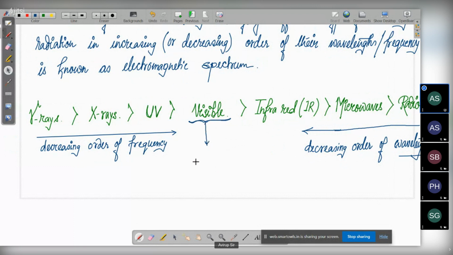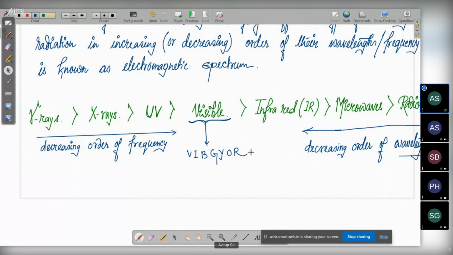And what is the visible spectrum? Violet, indigo, blue, green, yellow, orange, red. So it is VIBGYOR. The visible portion is the only portion of light which is visible to the human eye. The rest of the entire spectrum is not visible to us. That is only seen by us through instruments. But normally with our human eyes, we cannot see any light other than the visible spectrum.